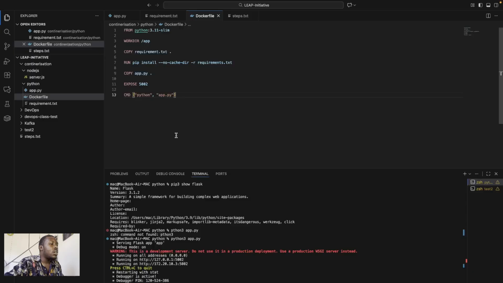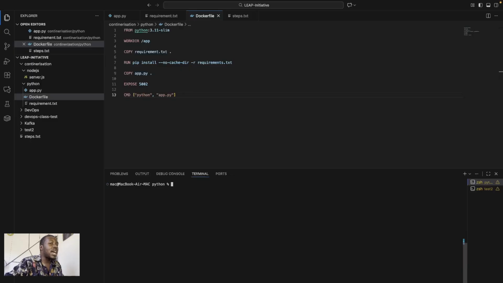So now our Dockerfile has been completed. What we can do now is to create an image out of this Dockerfile. The command will be docker build -t.